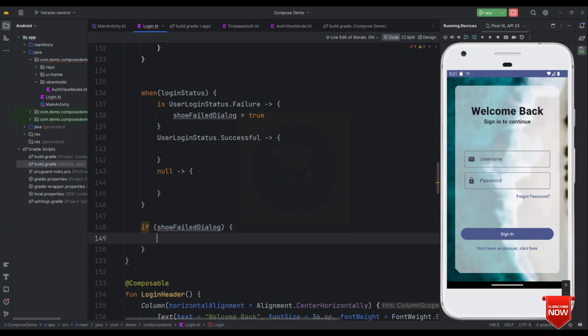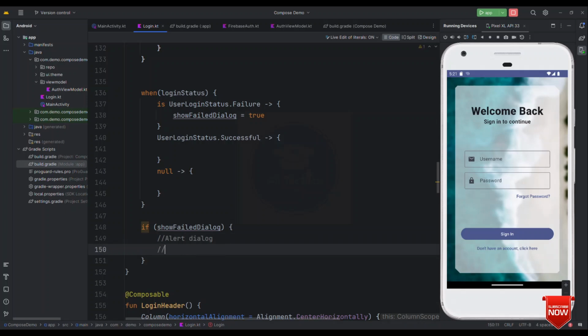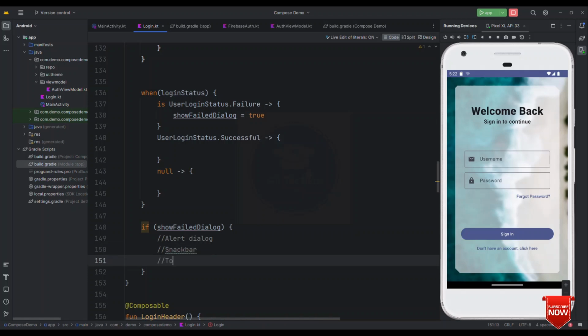Whenever it is true, that's the place where you can have your logic, either showing alert dialog, then snack bar, toast, or some text on UI. Among all those approaches, the best approach which suits the need here is this,